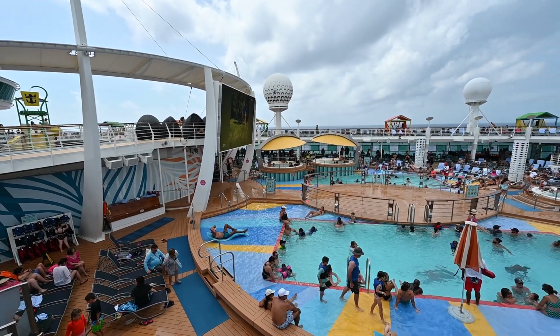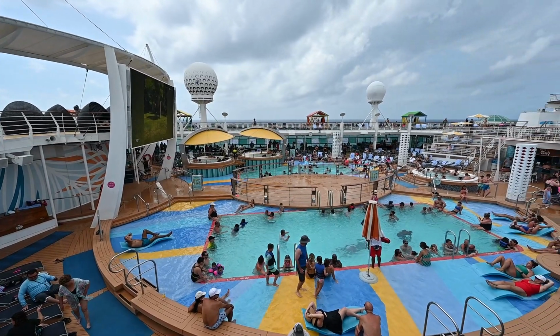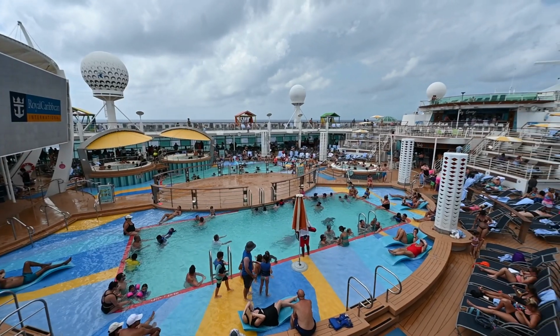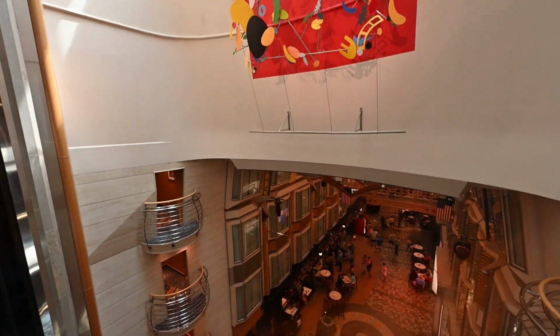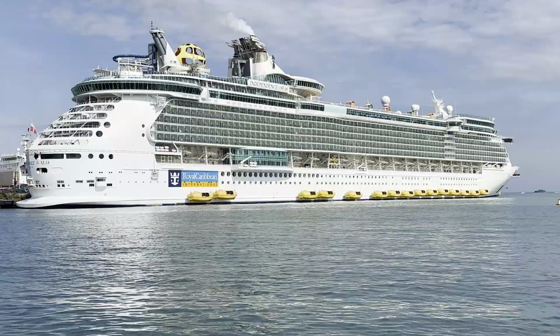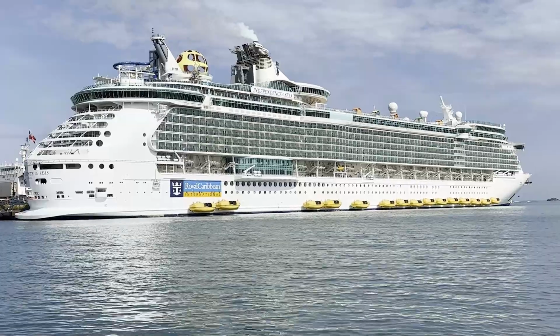Independence of the Seas was built by the Aker Yards Turku shipyard in Finland and joined her two Freedom-class sister ships when she made her maiden voyage in 2008. Independence has a gross tonnage of 155,889 and a passenger capacity of 3,634 at double occupancy. This ship features 15 passenger decks, and today's tour is going to focus on the public areas of the ship,